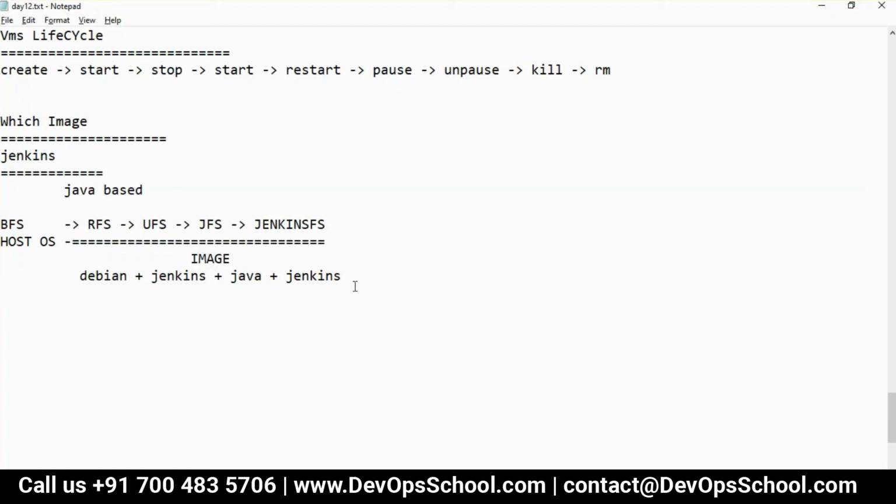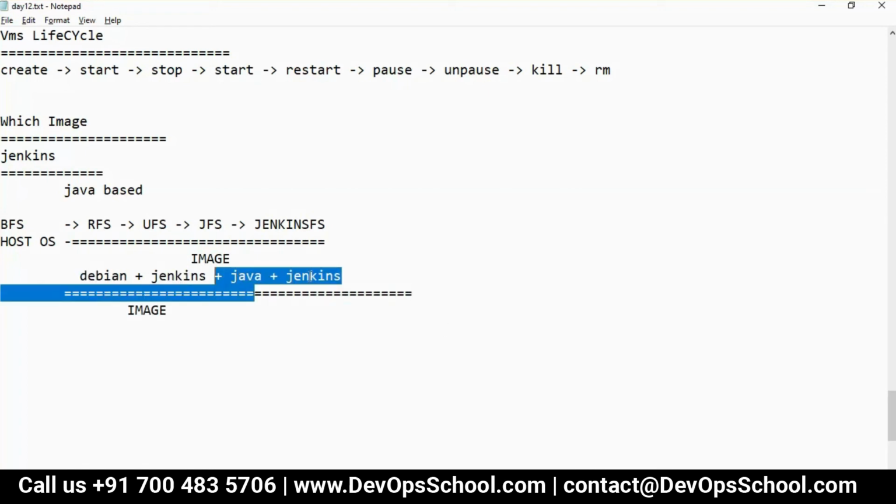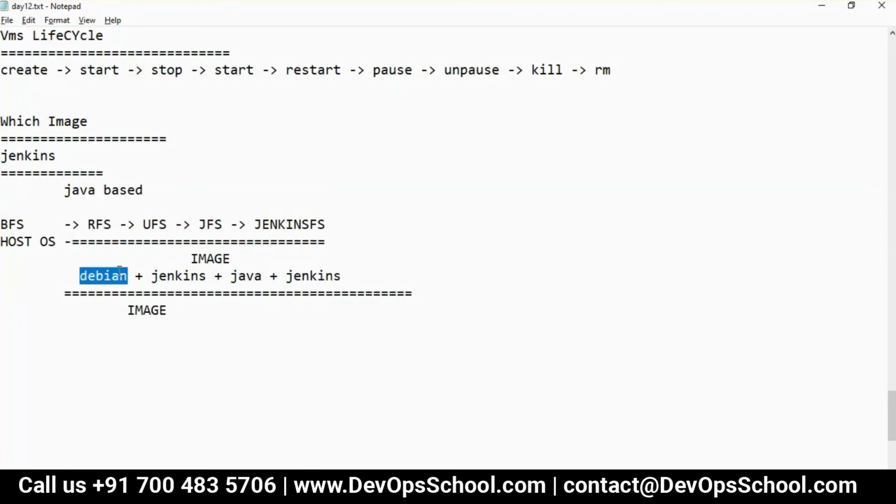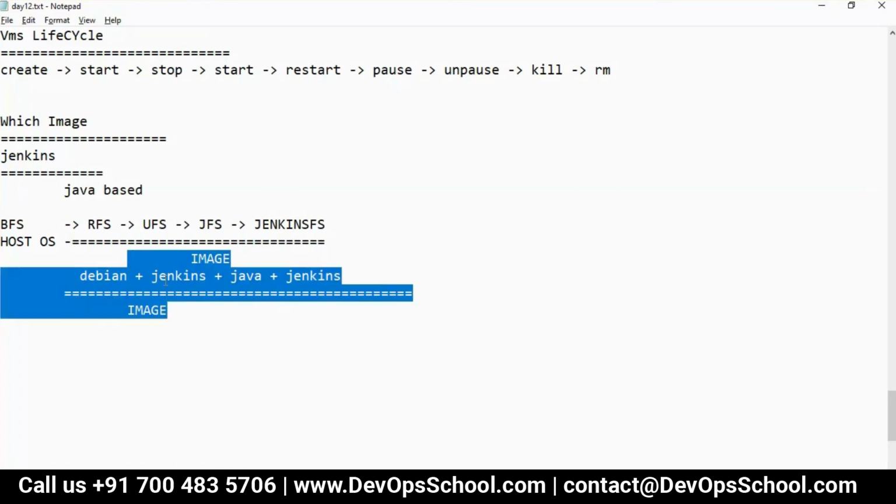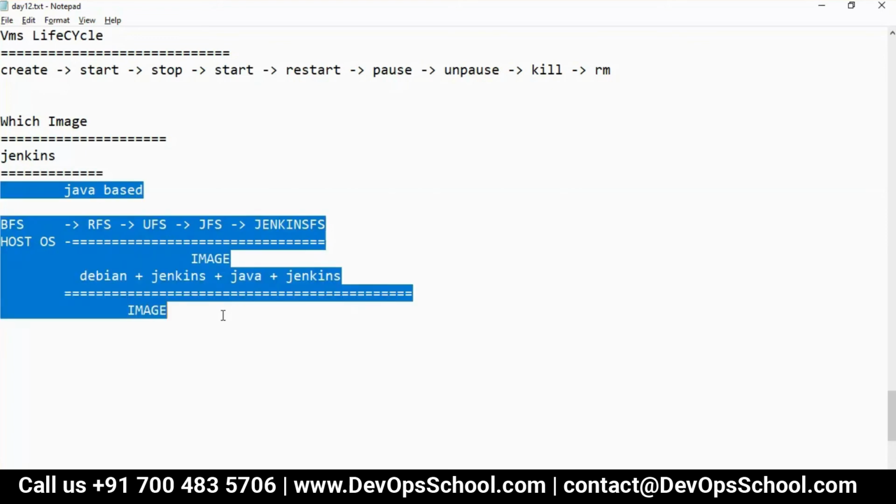By the way, anyone have an idea? This whole thing is an image. One image, which has this one also, this one also, this one also. So you can get this alone, or till here, or till here. Guys, did you understand that? Anatomy of an image.